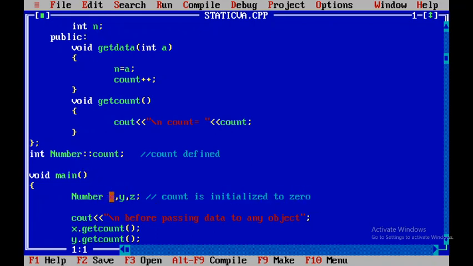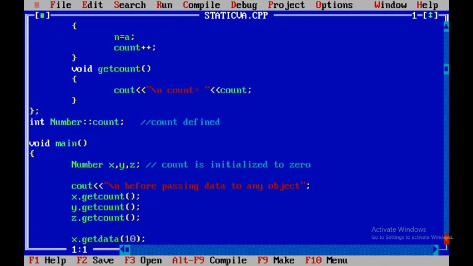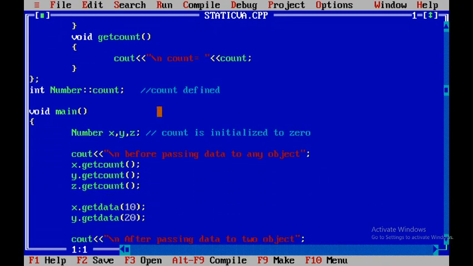So we are having three objects x, y and z. The same copy of count is available for x as well as for y as well as for z. All these three objects share the same copy of count, that is the static variable. Before passing data to any object, we will display the value of count.